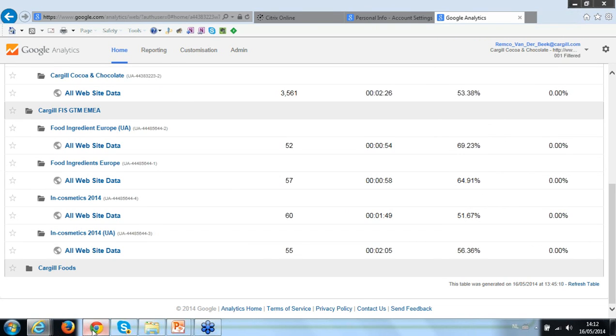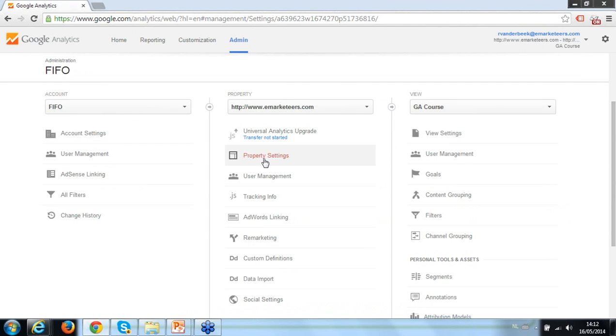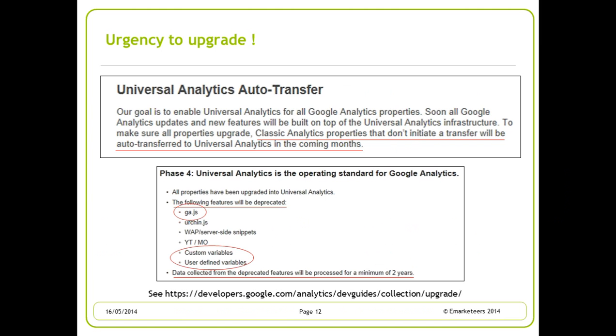Oops, sorry. This one. Maybe when you log into your Google Analytics, you have seen this notion in your administrator interface of Universal Analytics upgrade, transfer not started. Ooh, panic. Google is actually sort of urging us to start the migration. If you don't start the migration yourself, they will do it for you, and in fact they've already started doing that. Many of my client websites have already been migrated by Google itself because the clients didn't actually initiate it